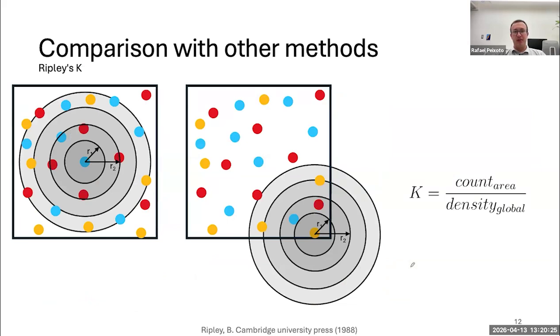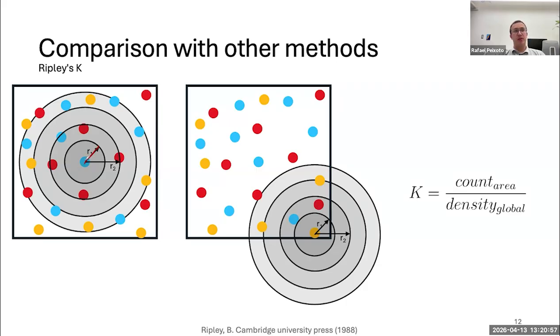CRAWDAD was not the first method to look into spatial organization. There are other methods. The first one is an older method, but is very popular. It's called Ripley's K. It is used initially, I think, for geospatial analysis, but it can also be used for spatial omics. And I just want to highlight the difference between CRAWDAD and Ripley's K. So in Ripley's K, you start with a neighborhood from a particular reference cell type. In this sense, it's similar to CRAWDAD, but in Ripley's,